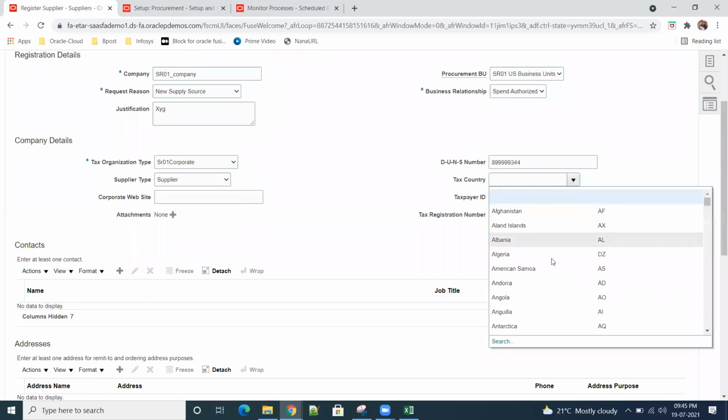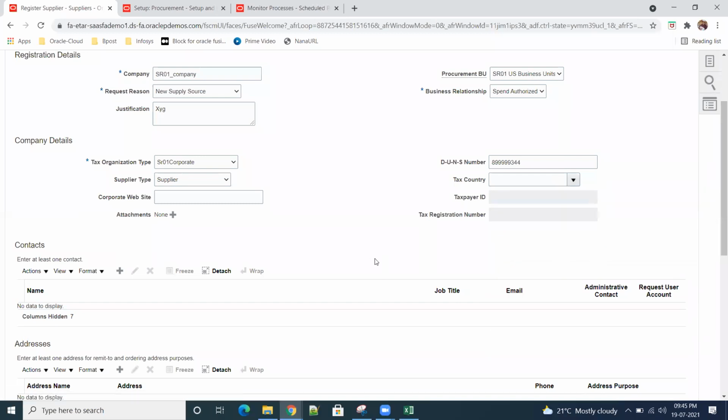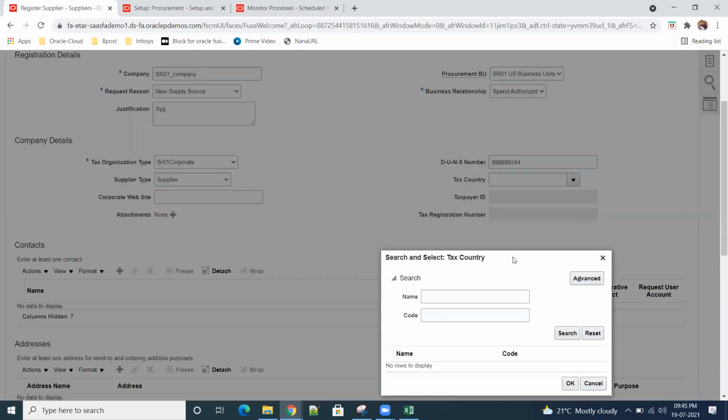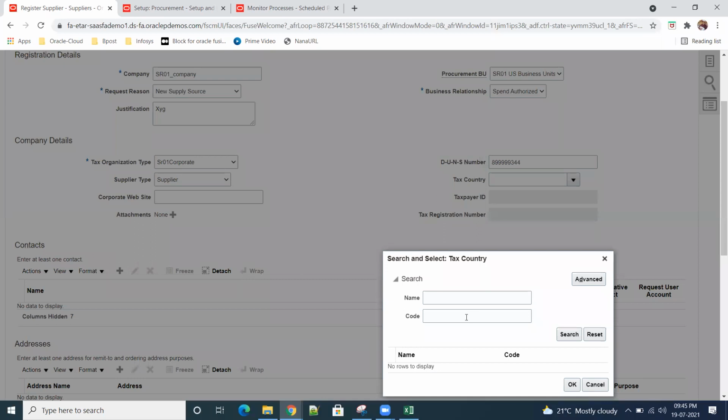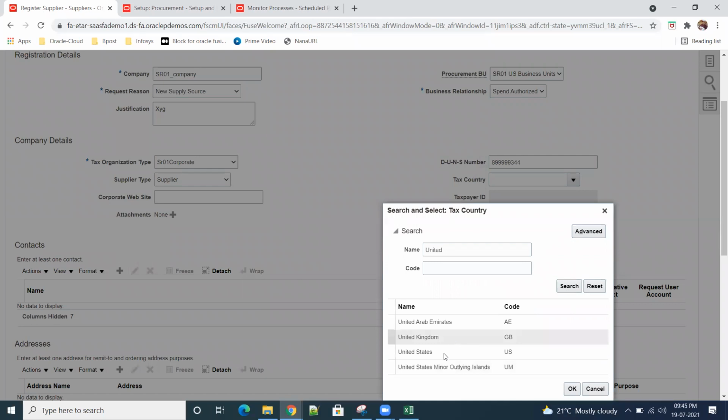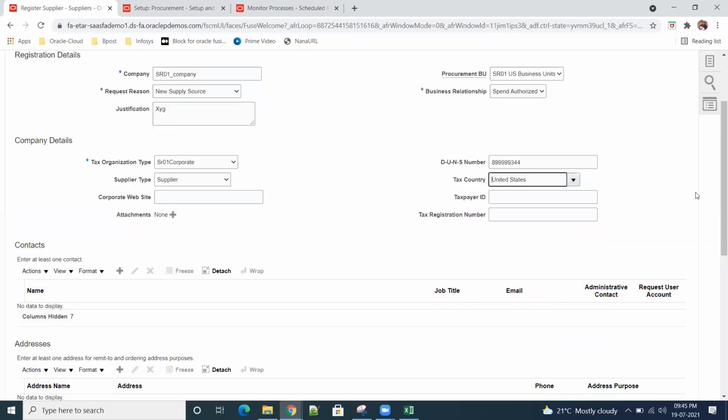Taxation, right? Which number? DUNS number. That is taxation, country specific. Yeah, for US taxation, this is. Okay. You can search United States.